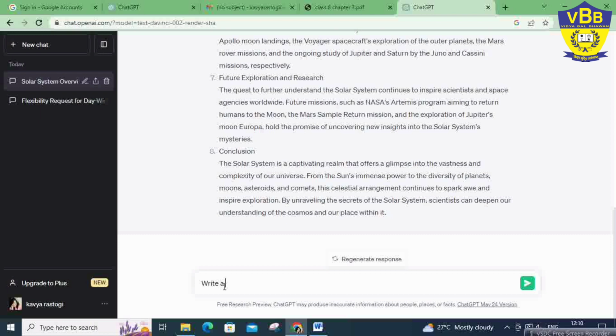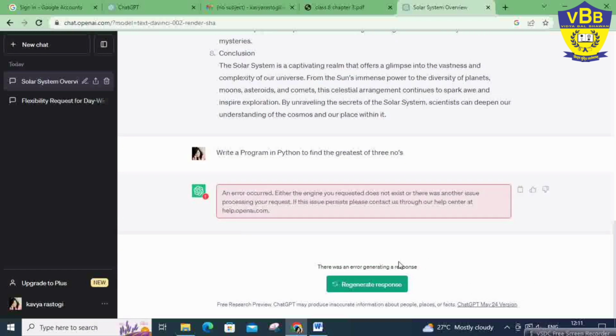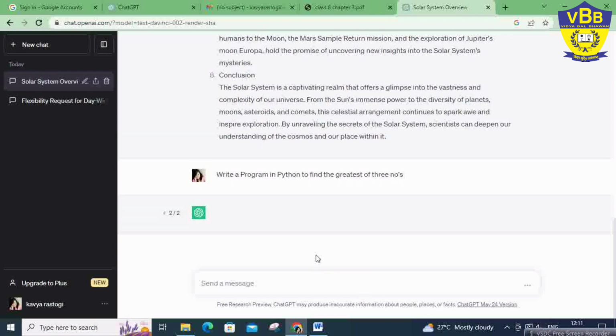Next query is: write a program in Python to find the greatest of the three numbers. That is my query. I will press the send message button.